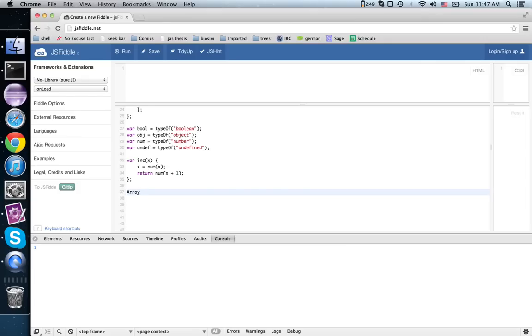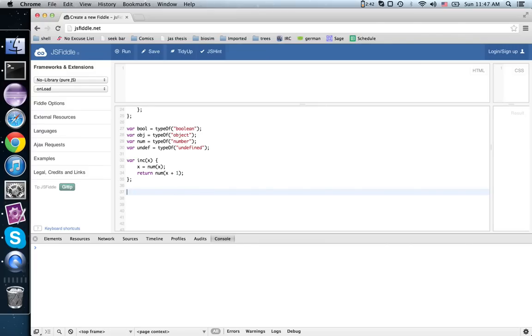Now, usually the way we test inheritance in JavaScript is to use a pattern like x instanceof, and then the constructor. This usually works, but if you're on the web, you may sometimes receive objects from a different frame. And each frame has its own array constructor. And so if I tried this on a foreign array, an array from a different frame, it would fail. However,